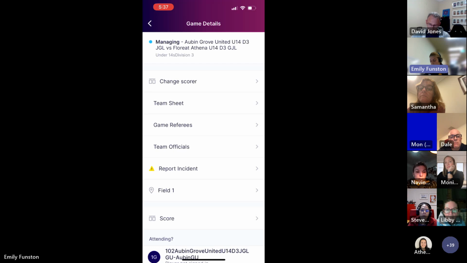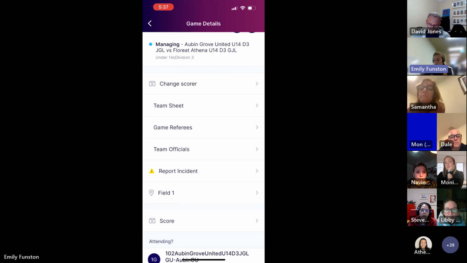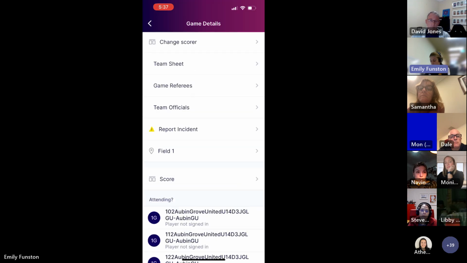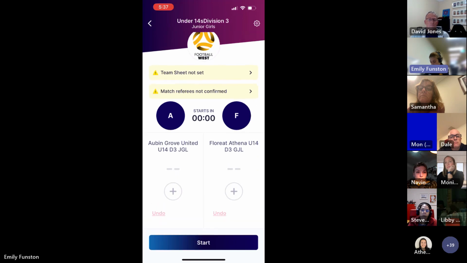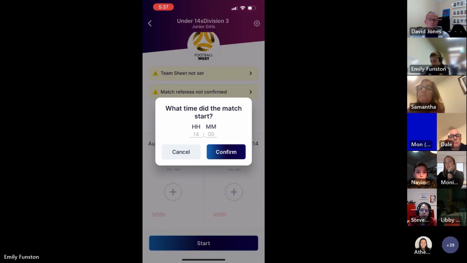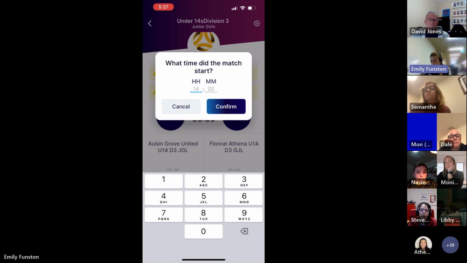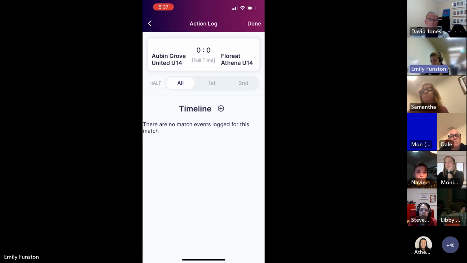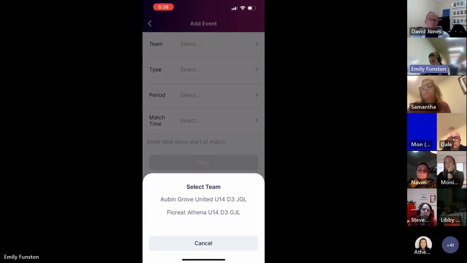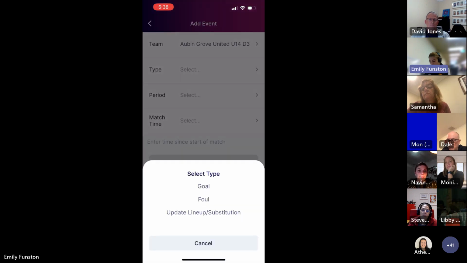So once either you're live scoring or you're not live scoring, you just go into the score and you can go start, just confirming the time that match was being played. And then once you've confirmed that time, there's the timeline with the plus. You just click on the plus and let us know what, so if Auburn Grove, let's say, had a goal,